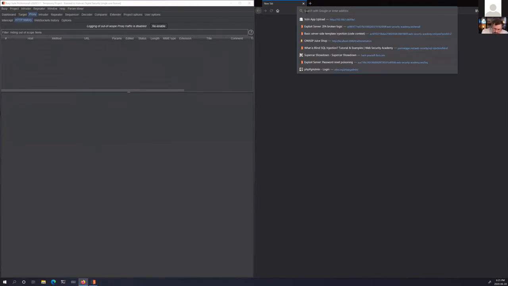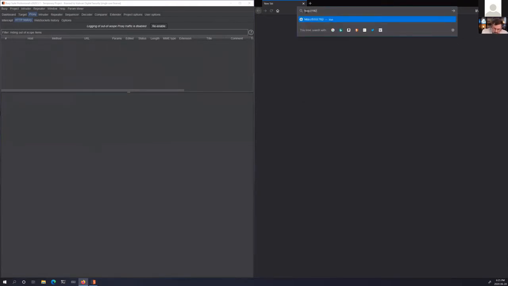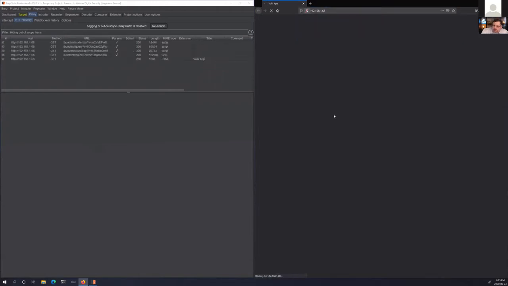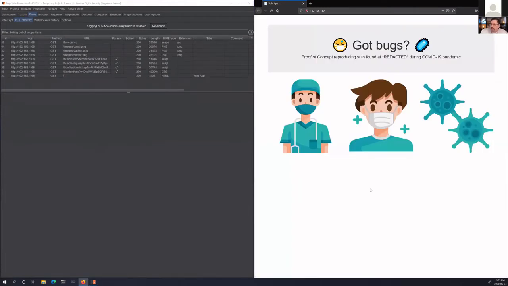So if I was to go to this application, here we go. Now we can see that we have a web application in play. Obviously this is just a proof of concept demo site. There's not really a lot here, but the actual target that I was doing live was quite similar. It was a service that was dedicated to exchanging patient data, and it didn't have a lot of services. So if you look here, there's really no links to anything other than a couple of links for some imagery. If we were to go look at the source code,